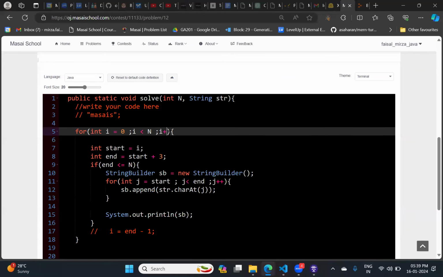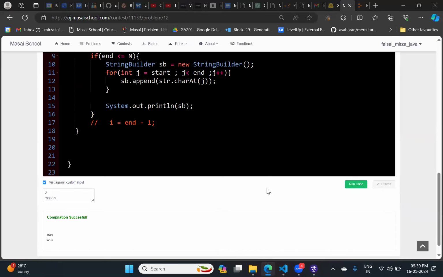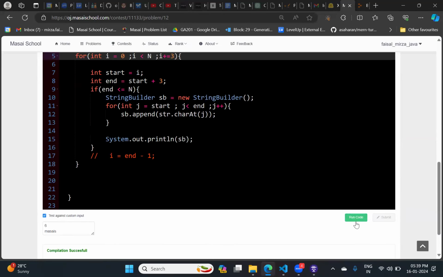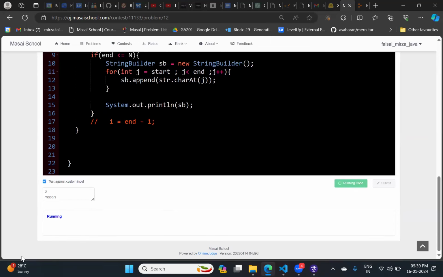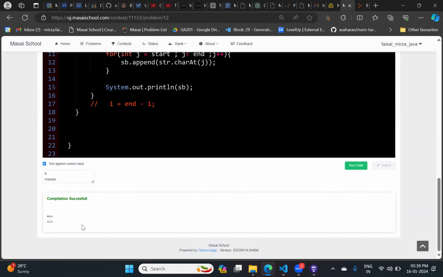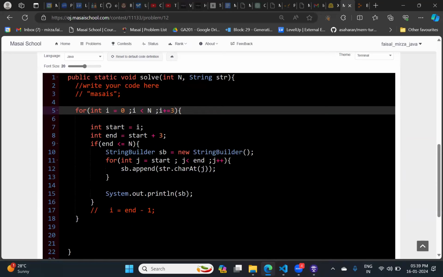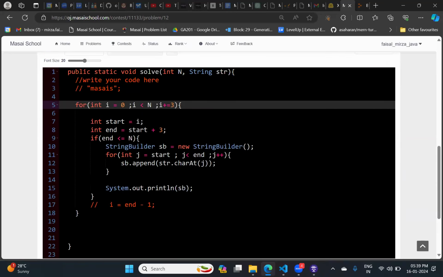It might give us an error, but let us try to see i plus equals 2. So if i is 0, in the next iteration it has to shift to 3. Let's see the output. Yeah, so i plus equals 3 only, it will be fine.